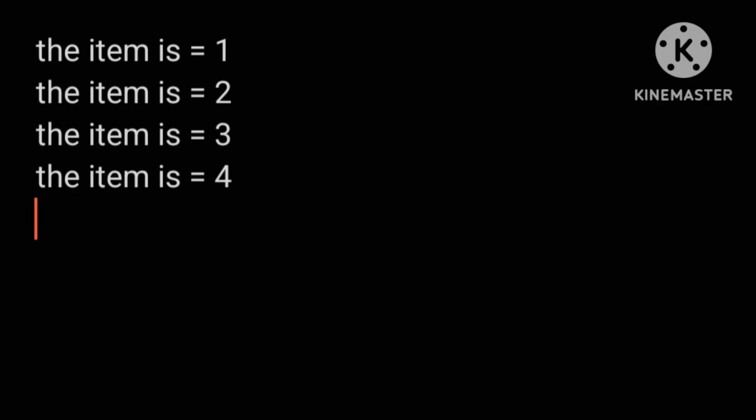Let us have a look at the output screen of the programming code. The first item deleted from the queue has the value 1, which we created in the insertion operation, and the last item, having value 4, is deleted at last. In this way the FIFO technique is performed on the queue data structure.